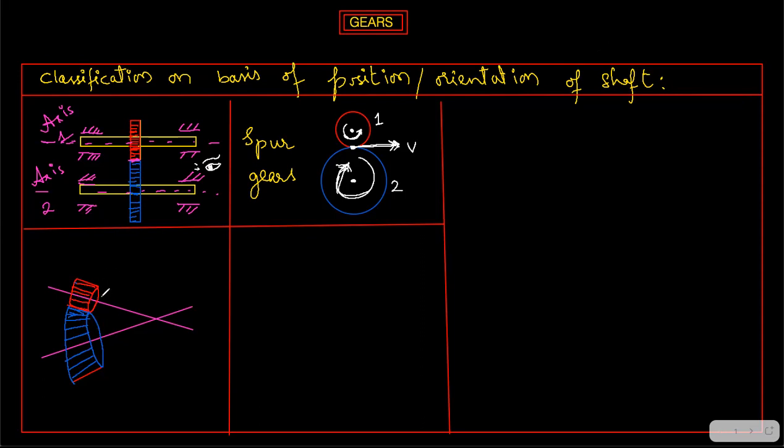So these type of gears where the axes of the shafts intersect. Let me draw the axis of the shaft also. So this is the shaft. Fine. And here for this gear, you can see that this is the shaft of the gear. Fine. Now where they intersect, this is like a cone, right? Just imagine a conical cylinder, like it is cut. This is a disc which you see, and if you imagine a conical cylinder, it is going to extend further, right?